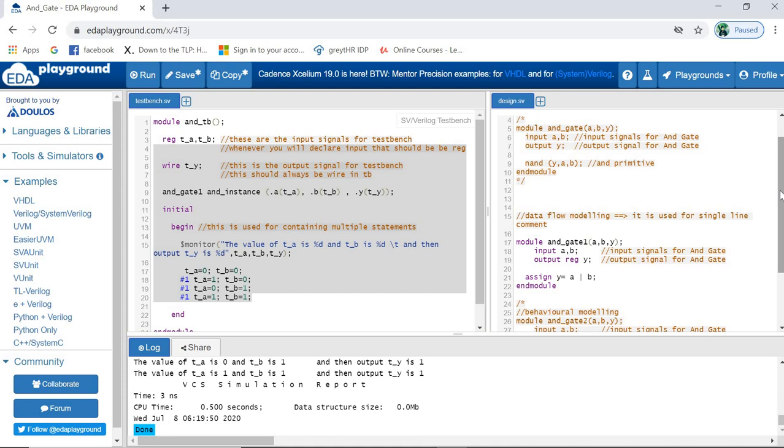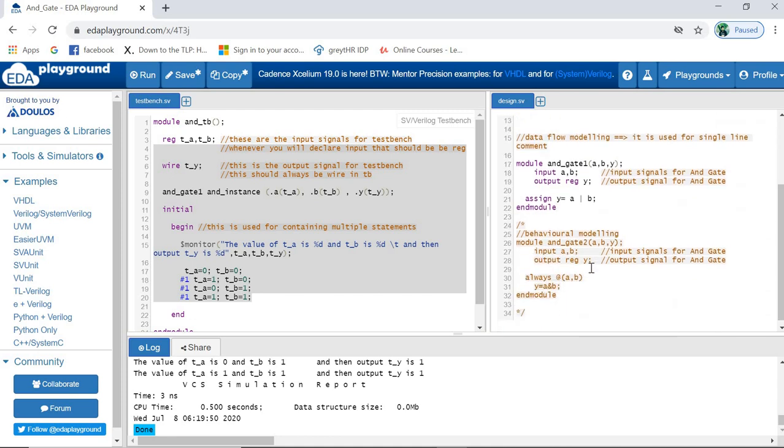Don't use copy paste there, because however much code you write yourself, you will have that much better an idea. So you can write the code for the rest of the things. Even for data flow modeling there are things there. You can write here with the help of this data flow if you want to use it, and then you can write code for the behavioral model.